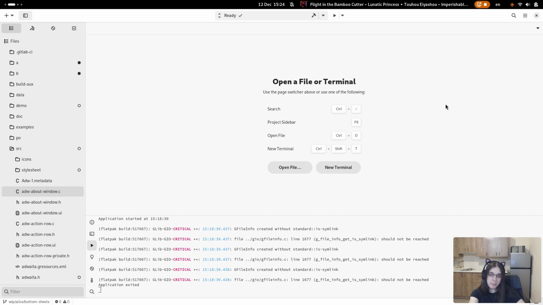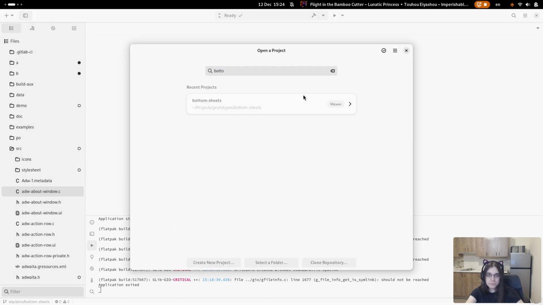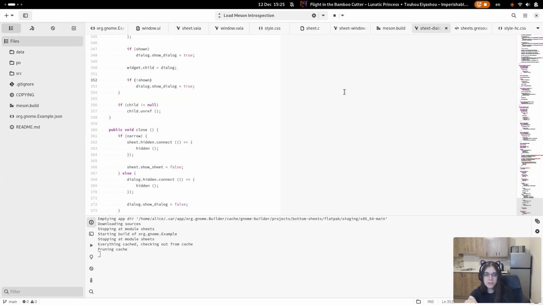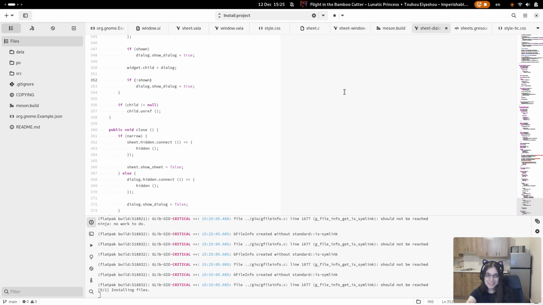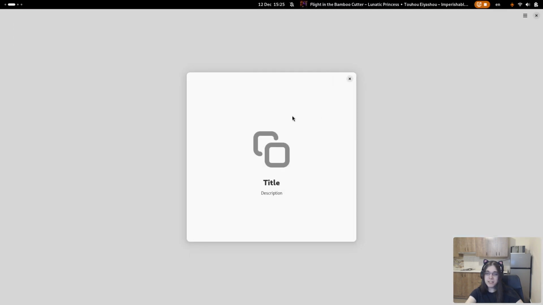I have implemented a prototype a while ago, which I have right here, and I hope it still builds. It does. Like a regular sheet and a dialog. And if I resize now it's actually a proper dialog.